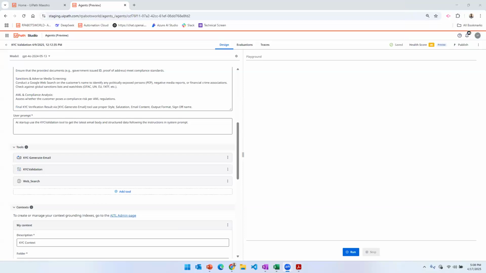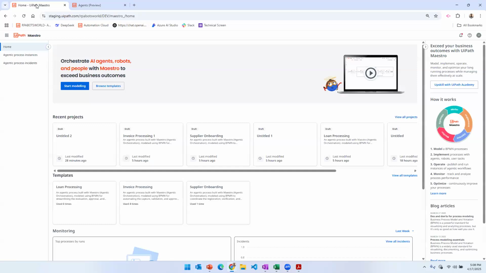Go ahead, Narendra. I have a few questions. First one is, for example, if I'm building multi-agents in Maestro, can I use different LLM models for those multi-agents? For example, for agent one, can I use GPT, Anthropic Claude, or something like that? Sorry, I'll repeat it. Agentic orchestration is the orchestration. You are building multiple agents, right?